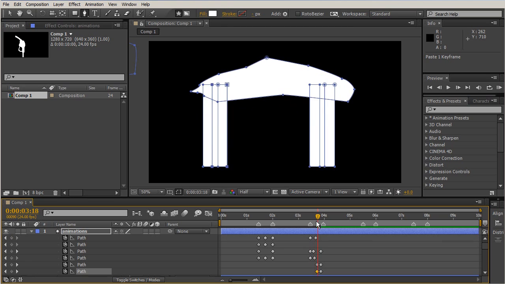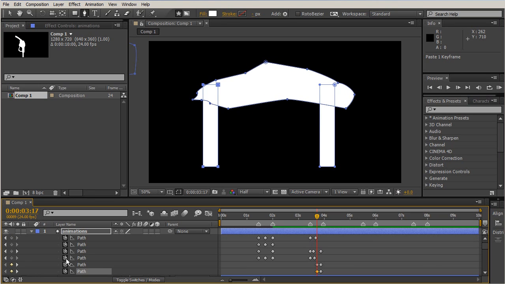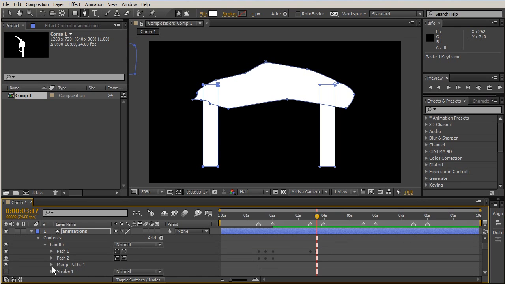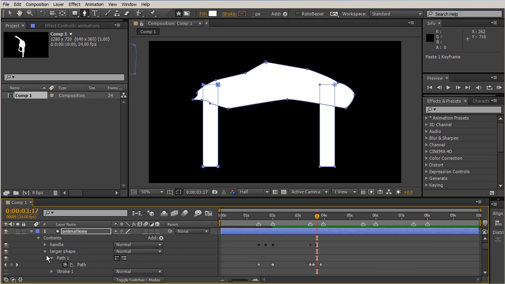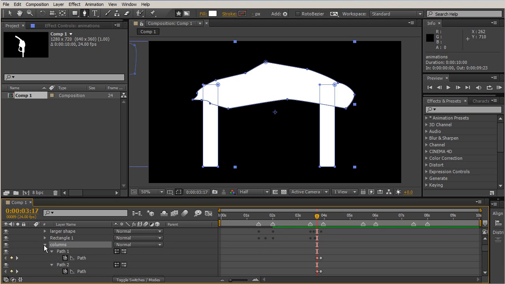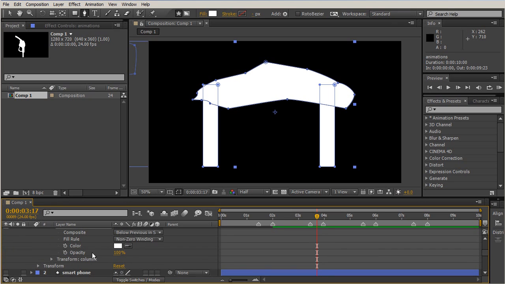So this is where that fill comes in, that's controlling both of those shapes. So let's go ahead and close this up and open it back up so that we can take a look at the columns folder that we have inside of these contents. We're getting a lot of folders in here now. And we can grab that fill, open that up, and we're going to go down to the opacity of that